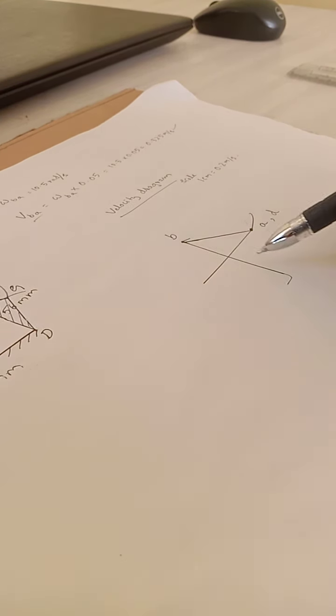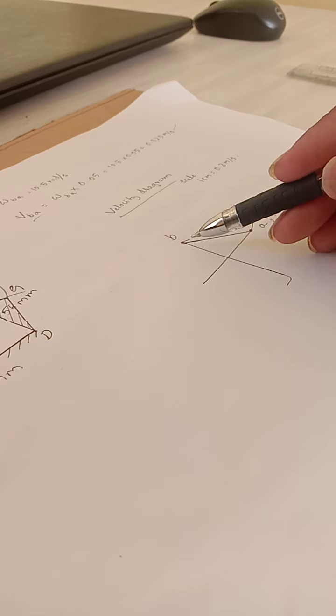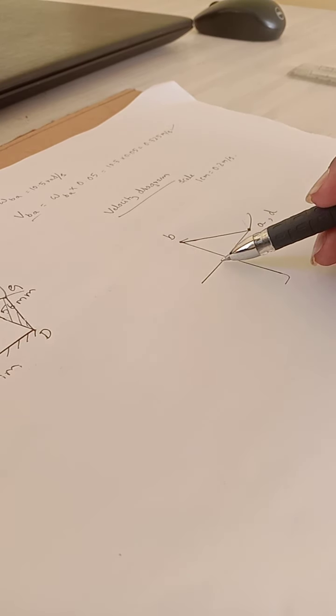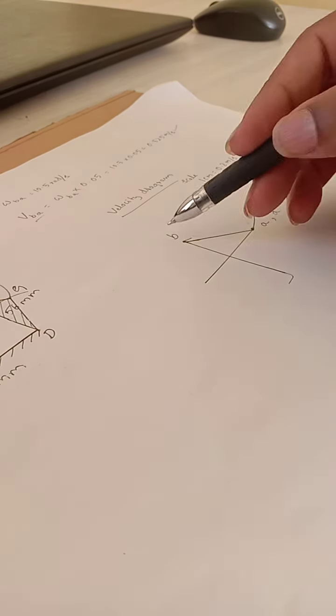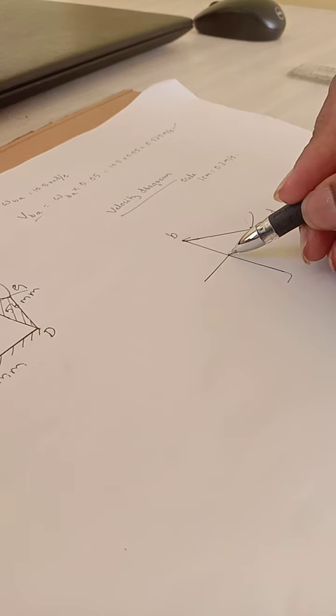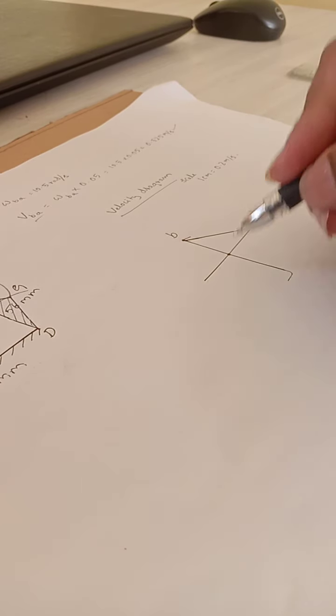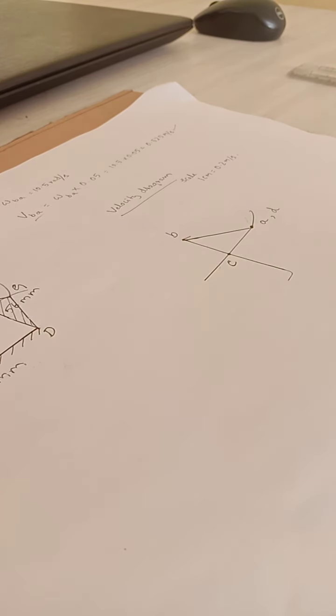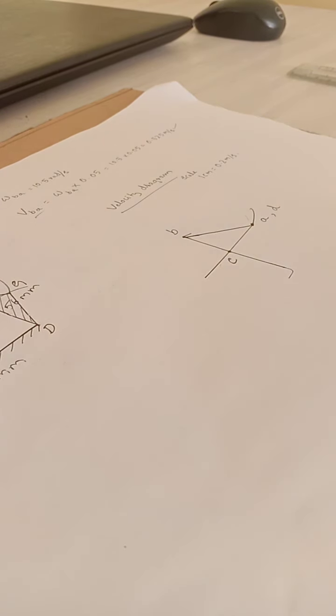Earlier some line is already coming from point B. Now I'm drawing a line from point D. A and D are coinciding points. So the line is coming from D and the line is coming from B, and both will intersect at point C. So now I got my point C.